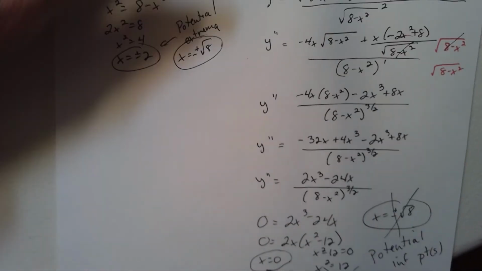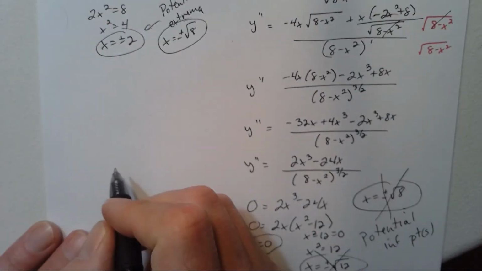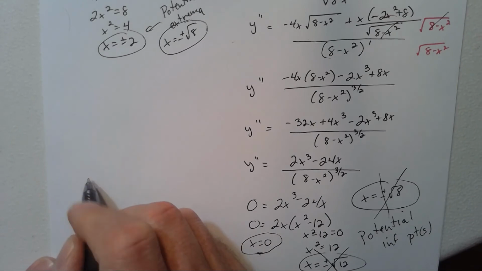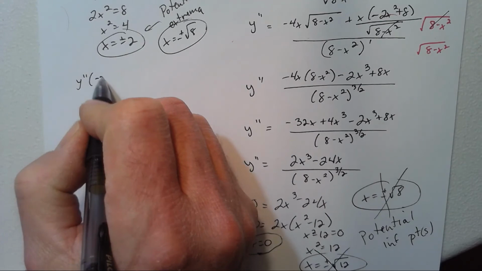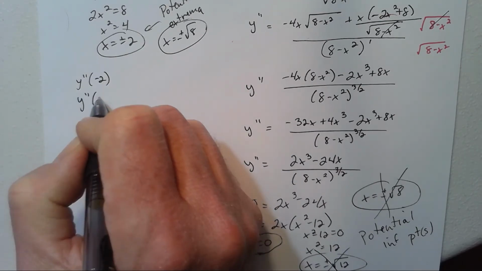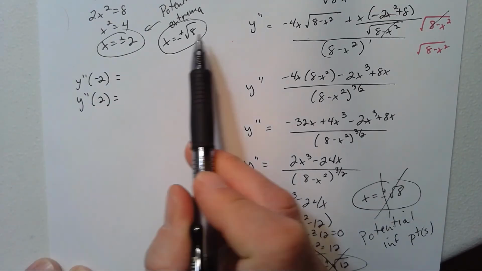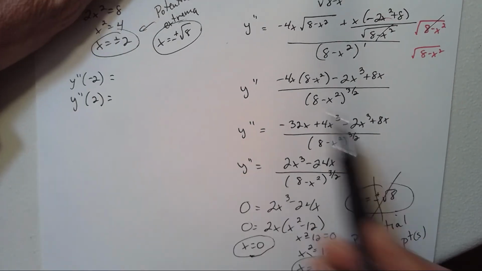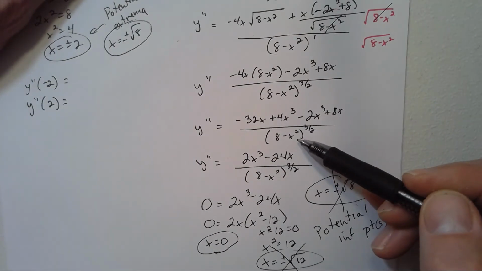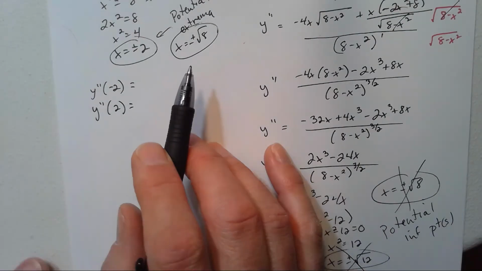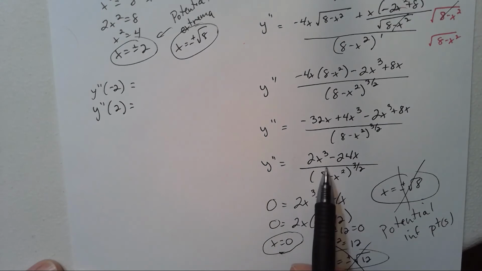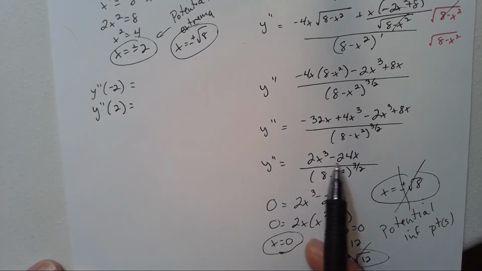Zoom out so you can see more of it. So y double prime of negative 2 and y double prime of 2. y double prime of square root of 8 and negative square root of 8 is going to be undefined, so we don't have to plug those into our second derivative. So if I plug negative 2 into our second derivative, 2 times negative 2 cubed minus 24 times negative 2 all over 8 minus, anyways,